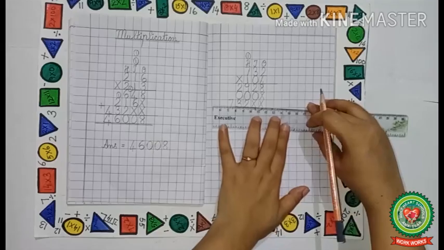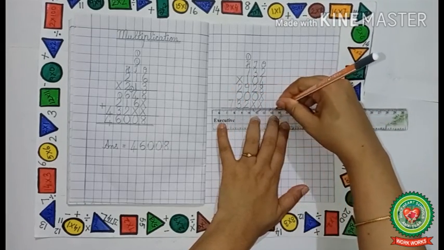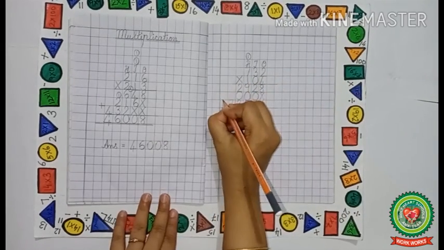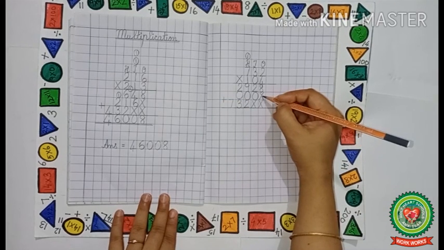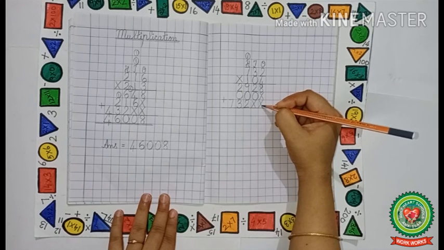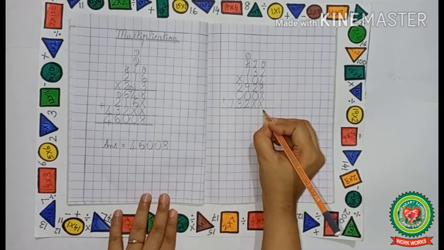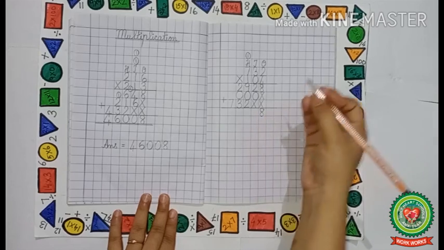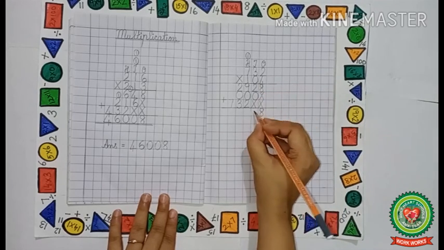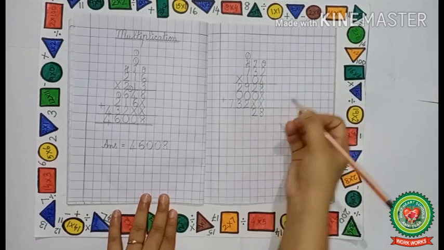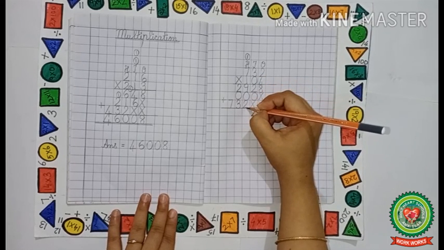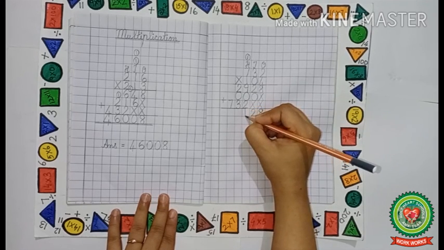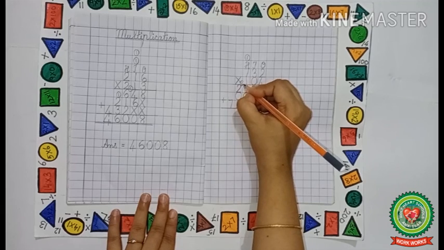Now we will draw a straight line just below it and we will put the plus sign since we have to add all these numbers. Again cross is there, so cross means 0. So 8 plus 0 is 8 itself. Now 2 plus 0 is 2 itself. Next 9 plus 0 is 9 itself, plus 2. 9 plus 2 is 11. Since 11 is a two-digit number, we will write 1 over here and 1 carry.